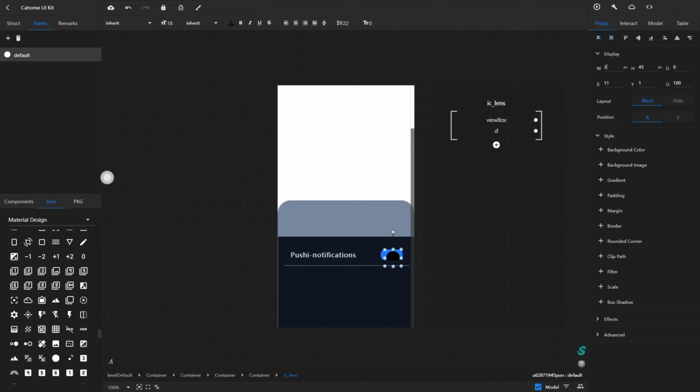Modify the size of the icon. Change the color to white. Recenter vertically.